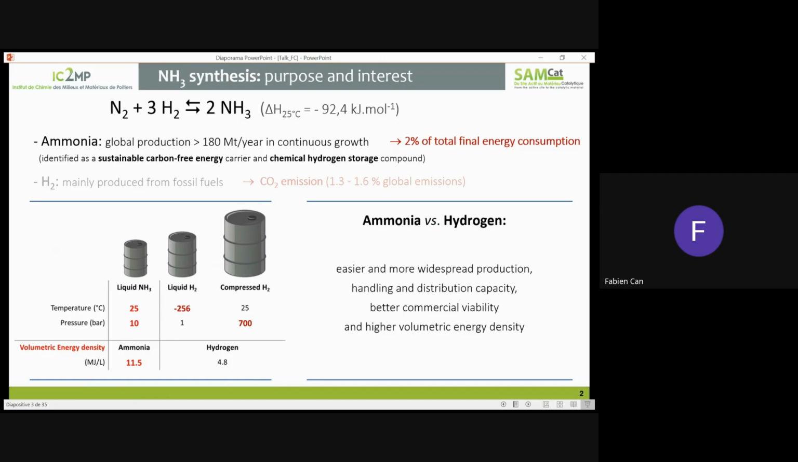It is reported in the figure that it is easier to store liquid ammonia compared to hydrogen. Ammonia shows a more widespread production, handling and distribution capacity, better commercial viability, and also, interestingly, a higher volumetric energy density. But the main drawback of this